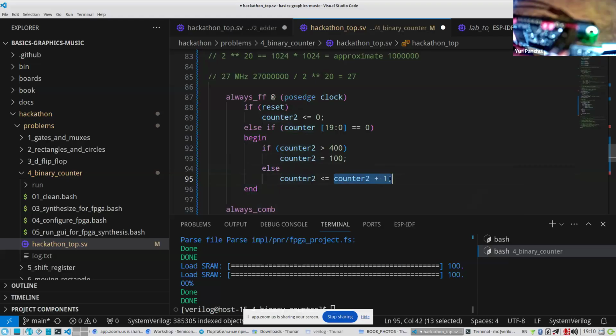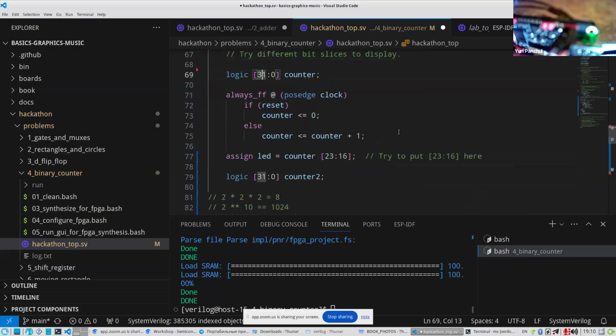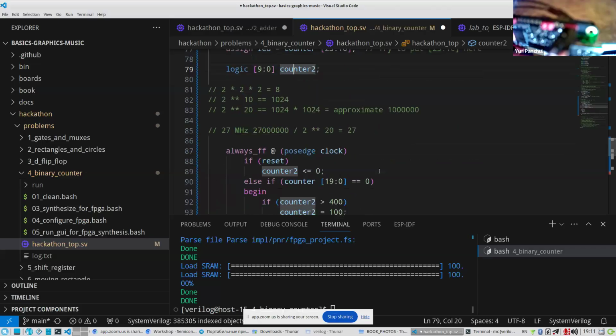So this counter 2 will be increased by 1 every time the 20 bits of the first counter wrap around. In order to make it simple, let's not use bit slices, and let's just make this counter a 20-bit counter, and let's make the second counter a 9-bit counter.